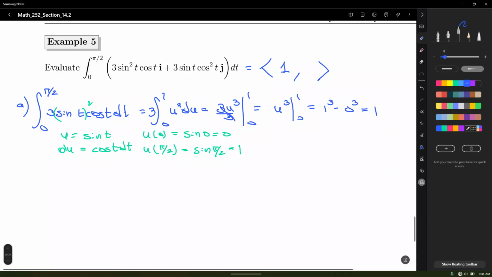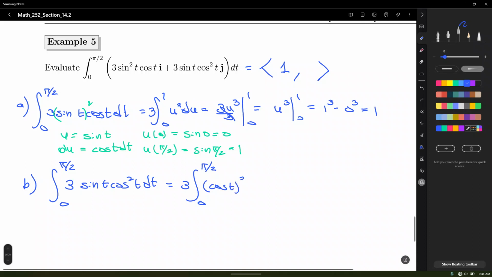All right, so let's go about the second integration. That is letter B. That is the integral of 3 sine t cosine squared t dt, also from 0 to pi over 2. How about another u sub? But in this case, let me use the commutative property of multiplication to see this a lot better. I'm going to write the cosine first, but I will also write it this way, and that times sine t dt. This way, so we can